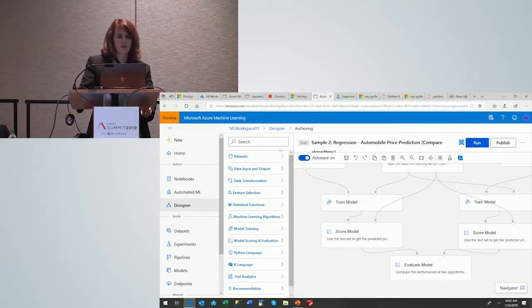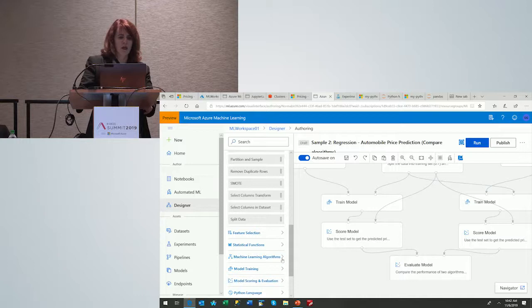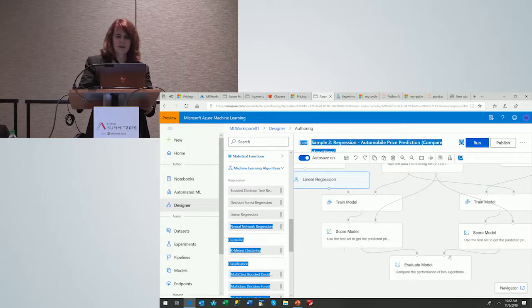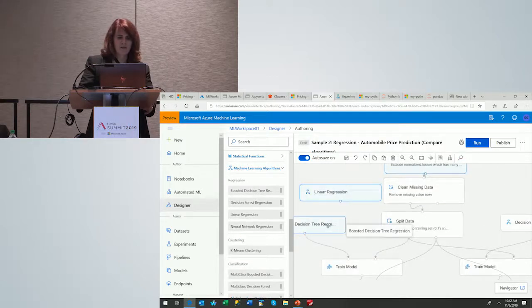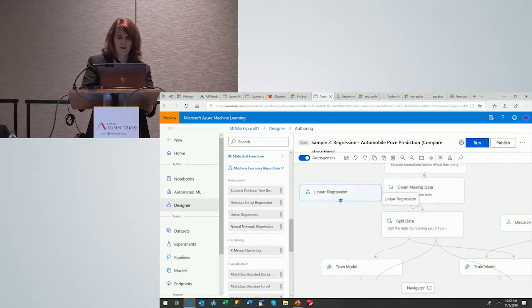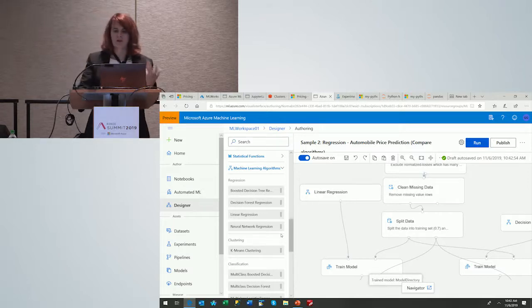Now, for those of you who are familiar with another product that we'll take a look at later, this is all done through what Microsoft calls, in Power BI, clicky, draggy, draggy. So the algorithms are listed on the side, so I can just drag them and drop them into my solution here and pick the ones that they have available to me. Now the idea is this is the automated stuff. This probably isn't what somebody who's really familiar with machine learning would do, but again, this is providing a tool that allows people to get started with doing it.